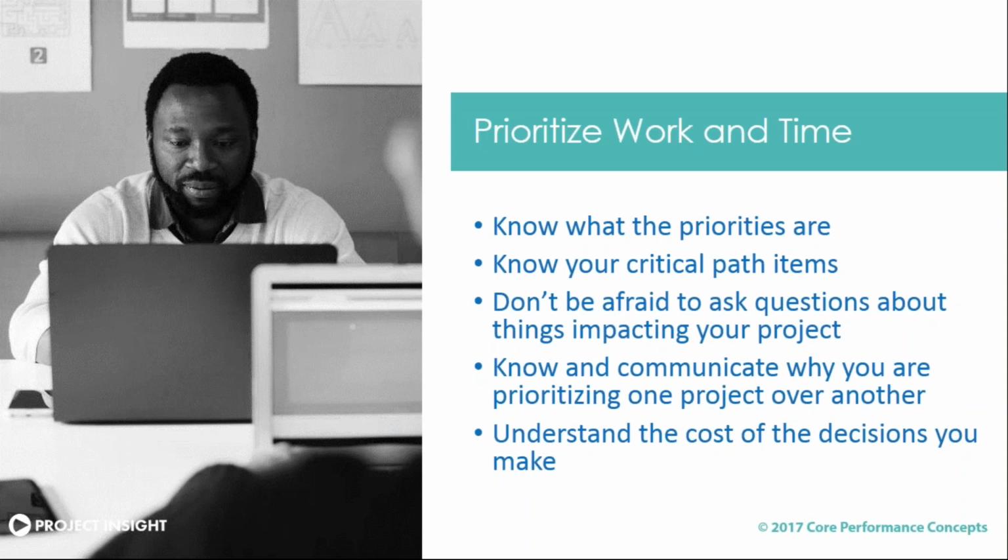And then within your project, with your schedules, you identify a critical path, and we should be monitoring those critical path items very tightly. Because if I have a slippage of my critical path items, I'm most likely going to impact the delivery date of my project. So do I have to spend my time worrying about the things that are not on the critical path? Not necessarily. I do need to pay attention to the ones that are. Things that can impact my delivery, I need to know what they are, and I need to be monitoring them